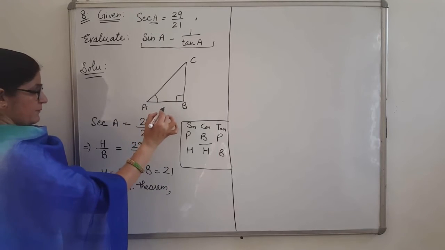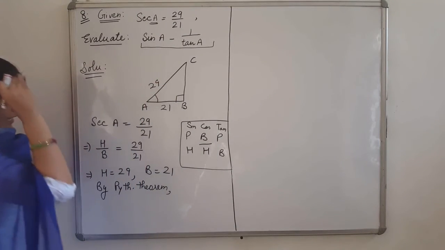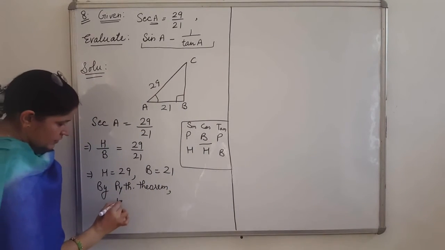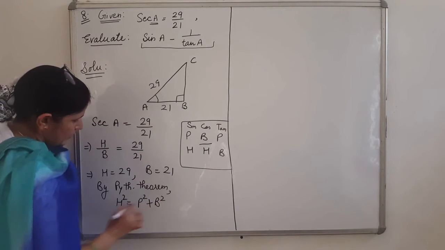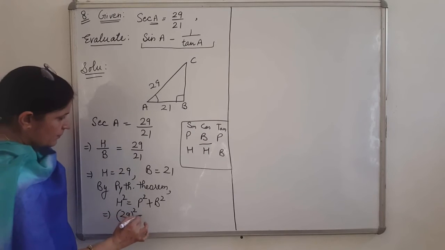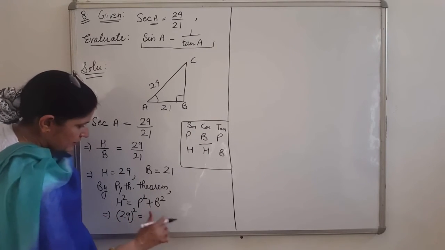This base is 21, hypotenuse is 29, and you have to calculate the perpendicular. H square is equal to P square plus B square. Now what is H? 29. Perpendicular, you have to find, that is BC,